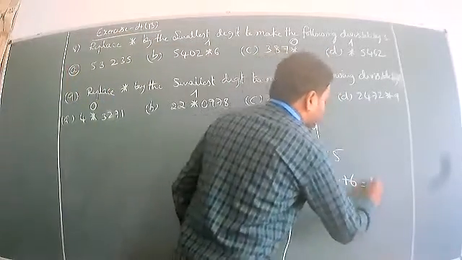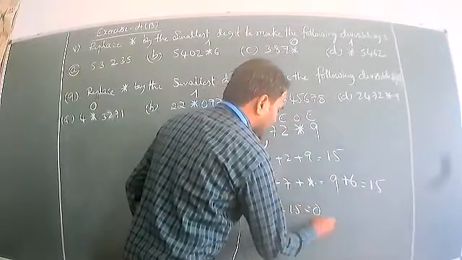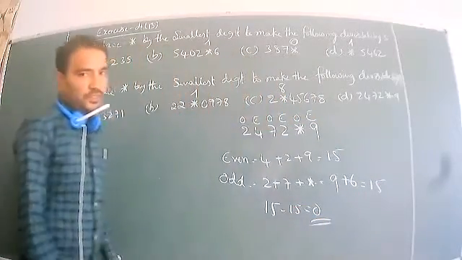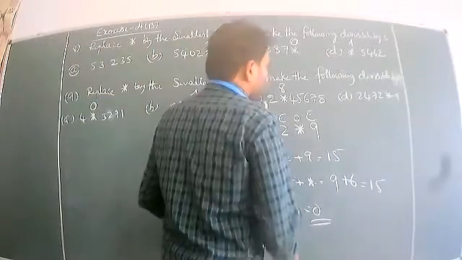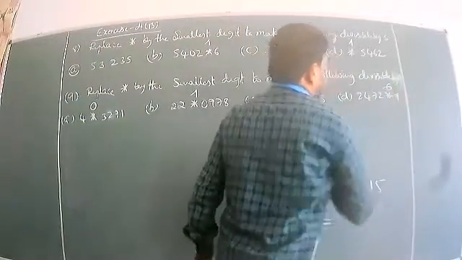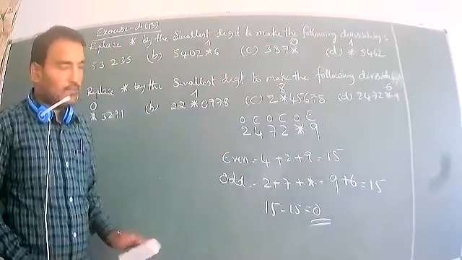We have got 15. Subtract it, 15 minus 15, we get 0. So, now it is a multiple of 11. Now, we should write here. What is that here? 6. Yes, it is 6. Look at that.